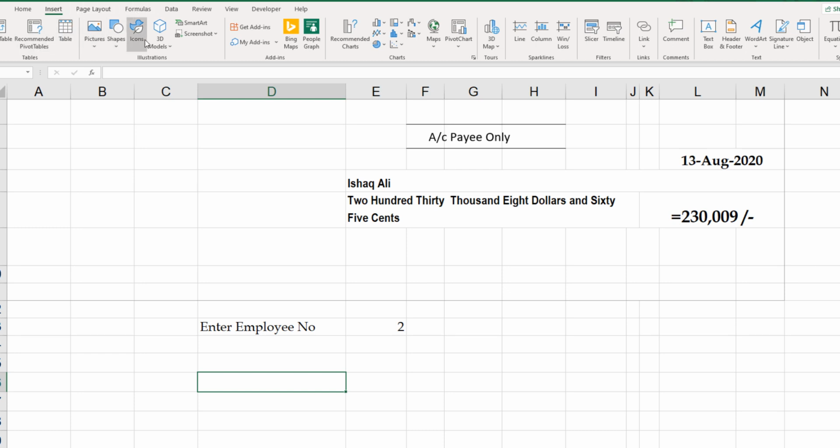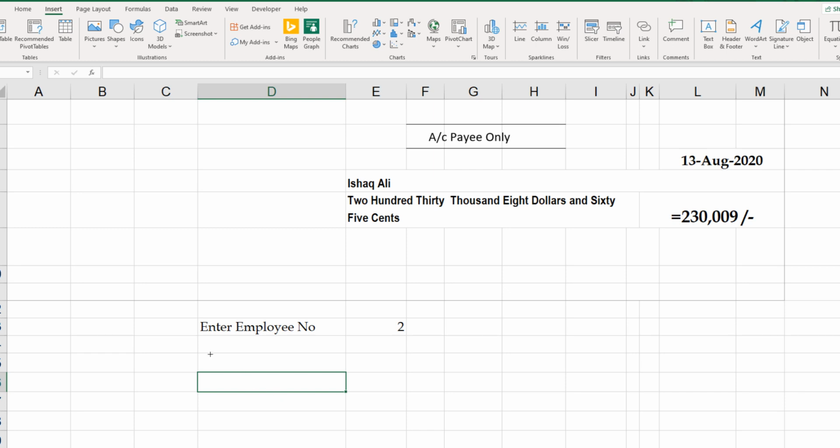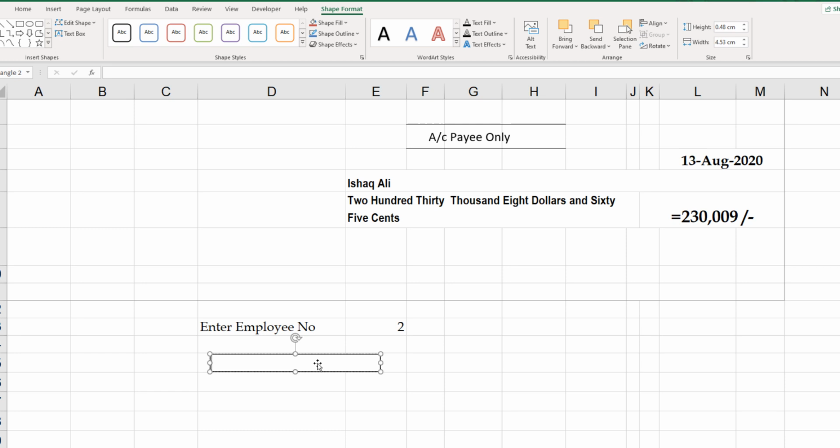So insert, where are shapes? These are shapes, yes. Add this one. Let's create a button and give this button some text. Print next check.